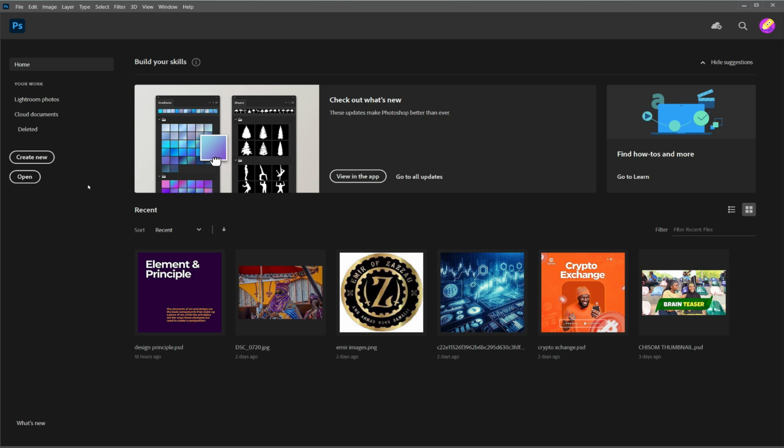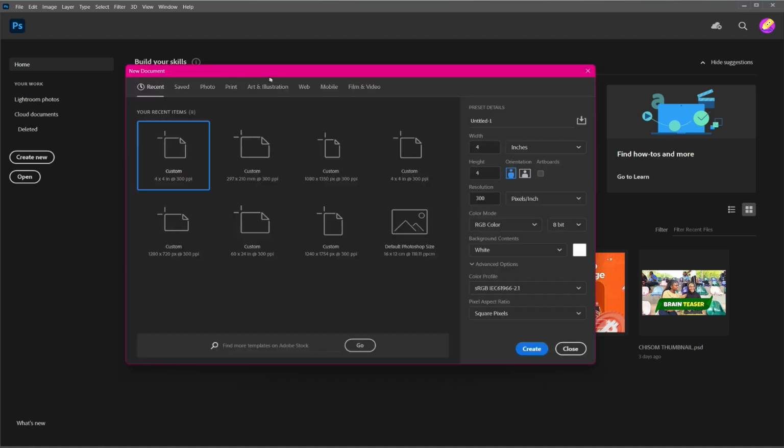So the first thing I would like us to do here is to create a new file, and we have the new document panel. On the new document panel, it will give you a preset or a template of different file dimensions respective of different kinds of design. Okay, so over here I have categories called recent, saved photos, print, art and illustration, web, mobile, films and videos. These are various presets that come up in the new document, and each of these has what it